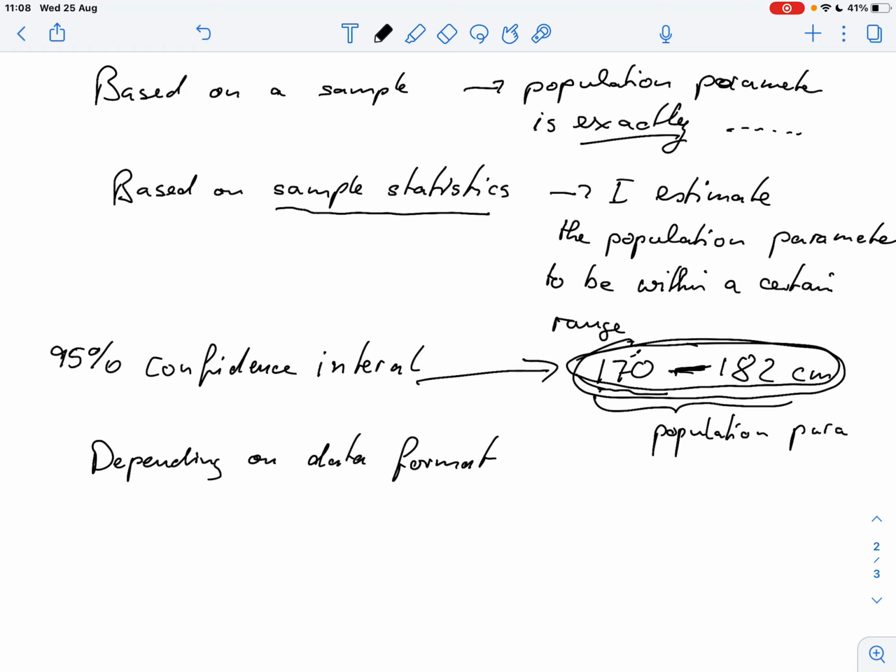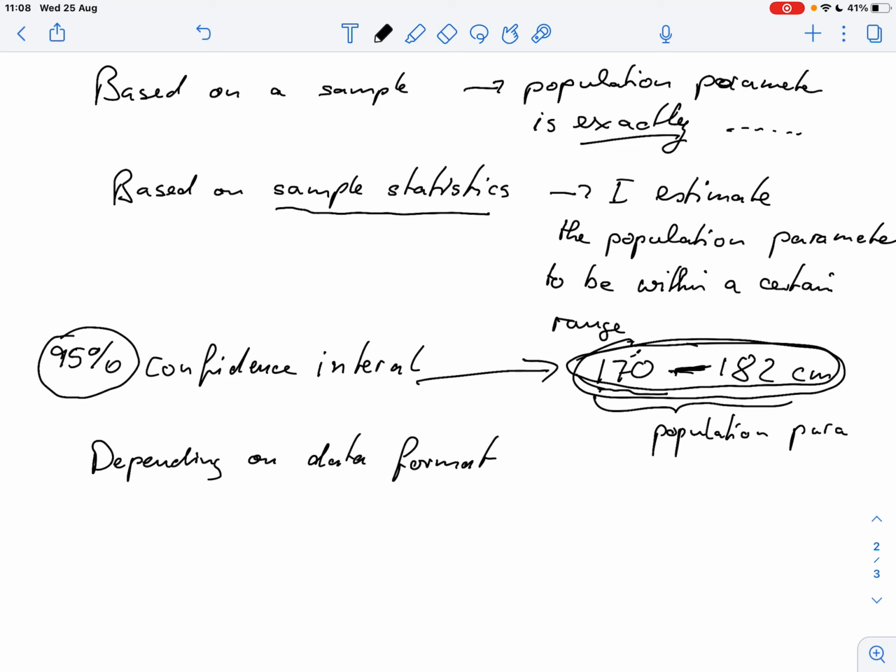Sometimes you see a 99% confidence interval, which means I'm even more sure that the population mean is within this interval. Sometimes you see a 90% confidence interval, which means I'm not so certain that the true population mean is within this range. So we can give different levels of certainty for the confidence interval,